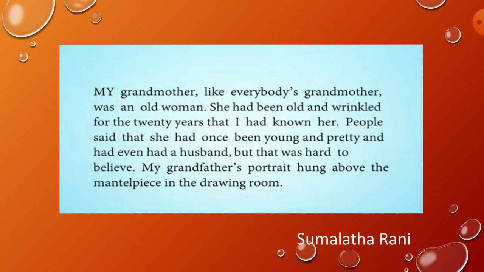Here, the author talks about his grandmother. So he says, my grandmother, like everybody's grandmother, was an old woman. Here he says his grandmother is like everybody's grandmother. How was she? She was an old woman. She had been old and wrinkled for the 20 years that I had known her. So here he says she had been old and wrinkled. Wrinkled means having small lines on the face because of old age. And he had seen this